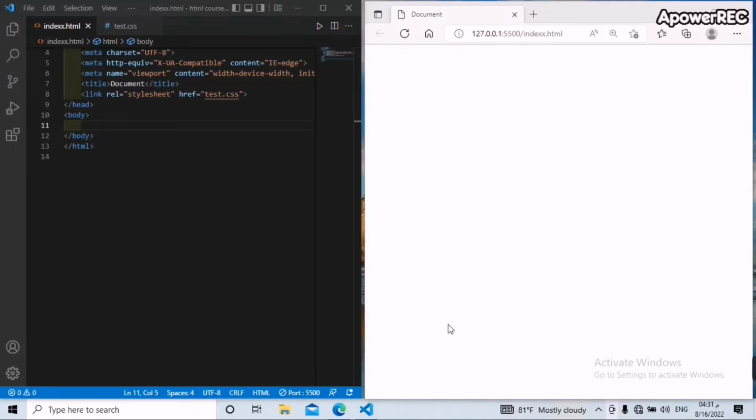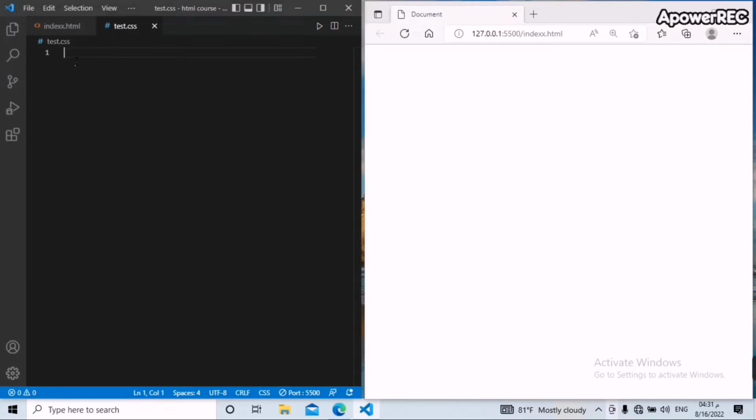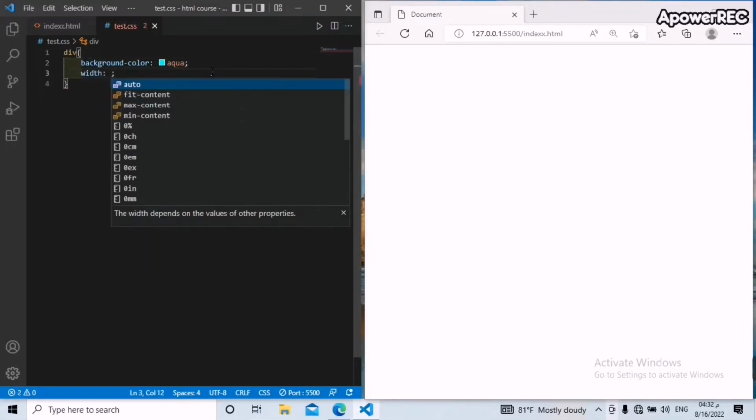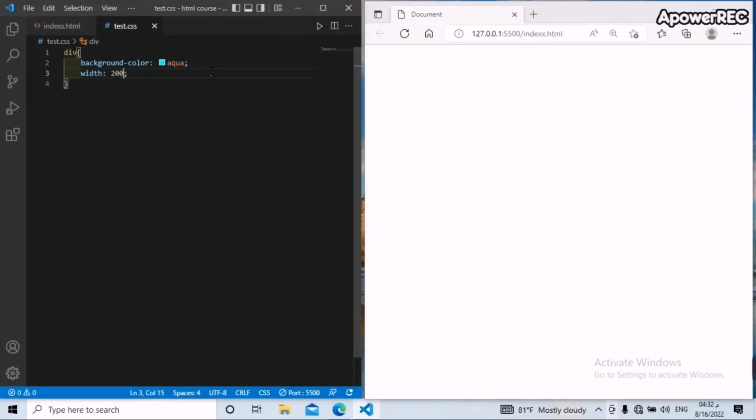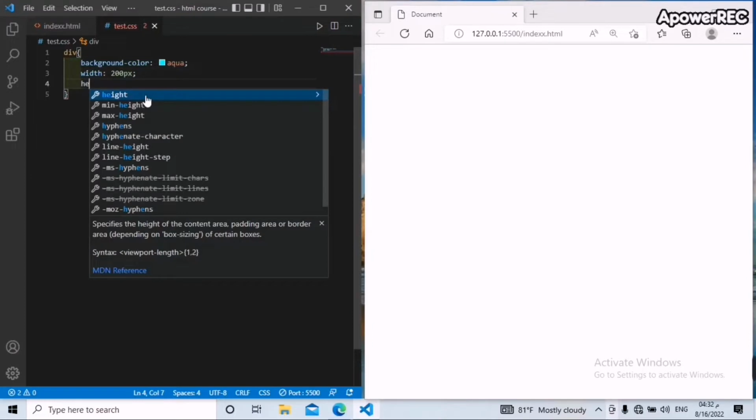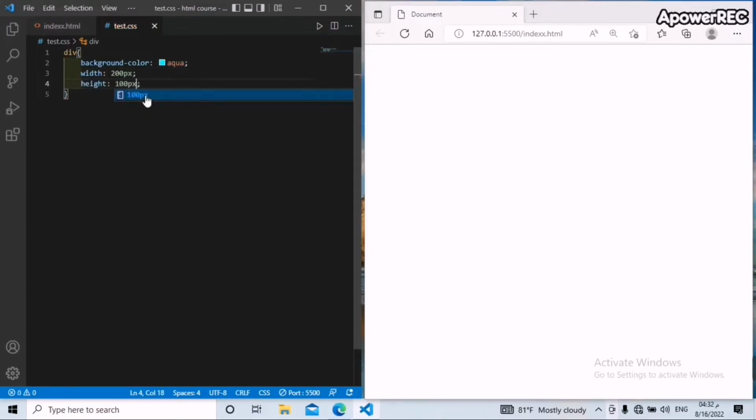And let's start our lesson. First, let's write a div here and then let's go to the CSS to call the div our element. Let's change the background color to aqua, and then let's change the width to 200 pixels, and then the height to 100 pixels,